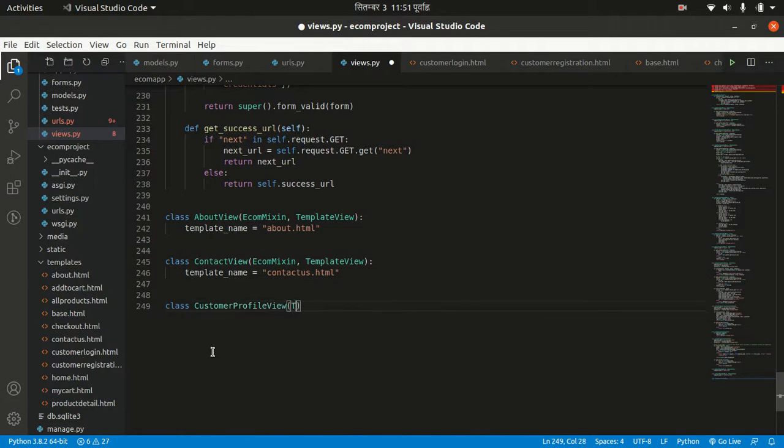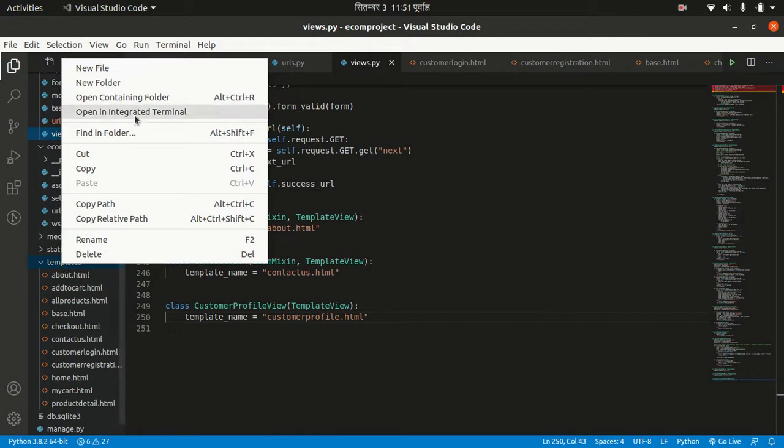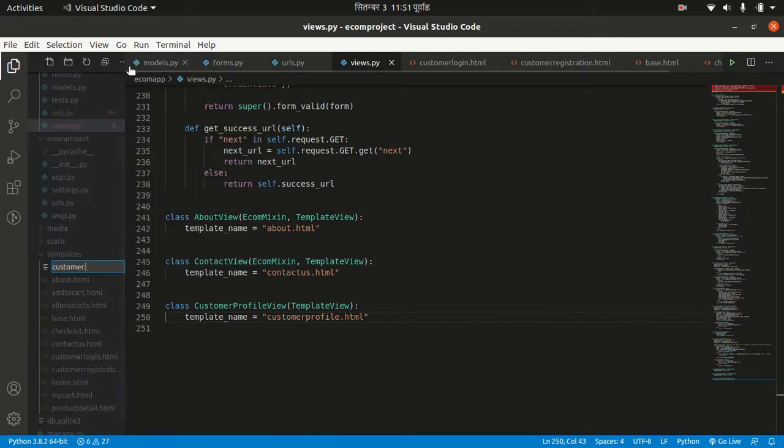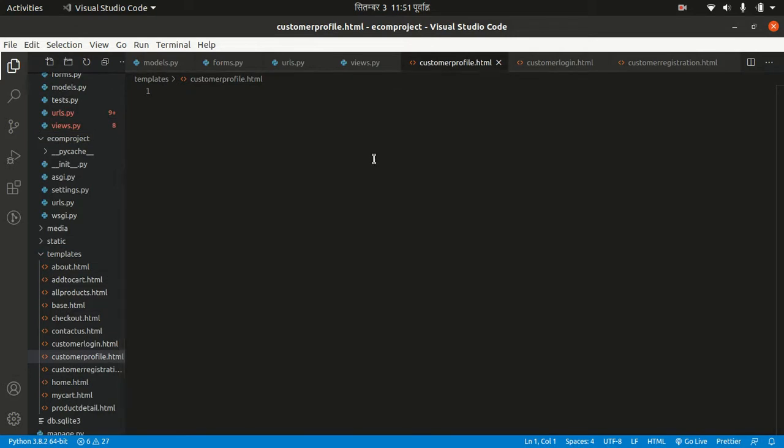CustomerProfileView. I want to inherit TemplateView here. For TemplateView I have to write the template name, customer_profile.html, and now I want to make the HTML page for that, customer_profile.html, and here I want to extend my base page, extends base.html, and now for the title block